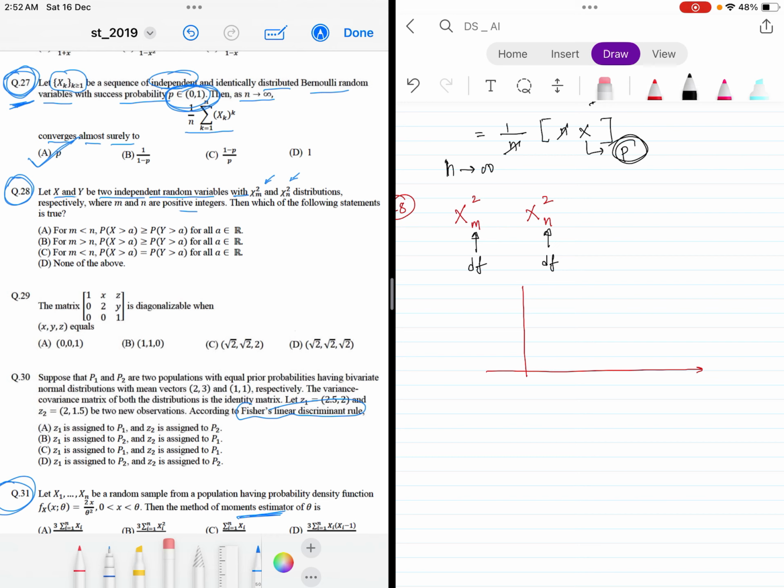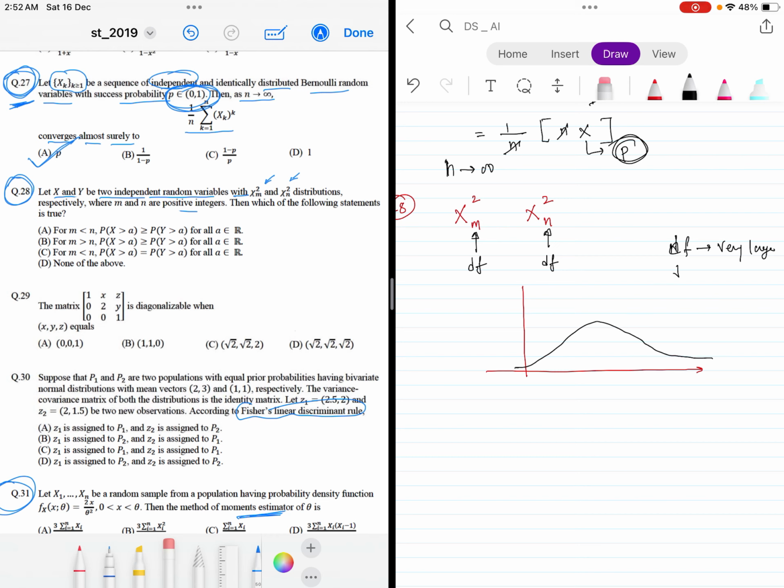So let's suppose the degree of freedom is very large,